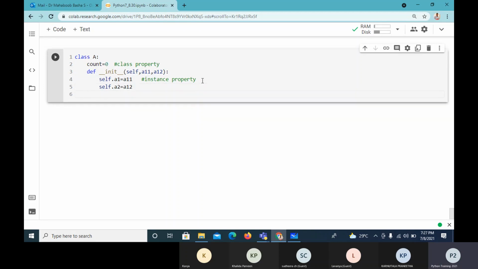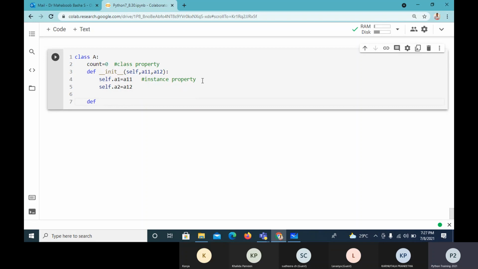So I'll have just this, then define display. Now this is an instance method. So if I define a method without any decorator, it is automatically an instance method.